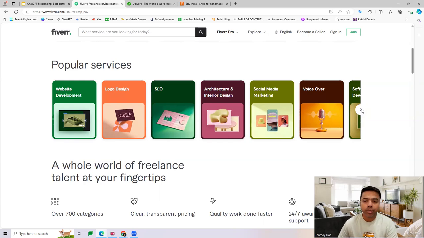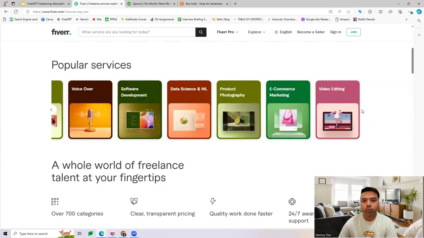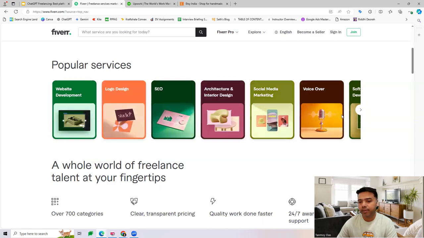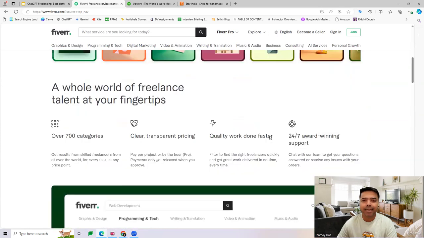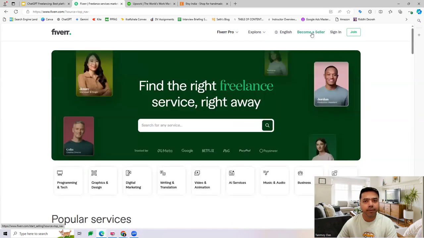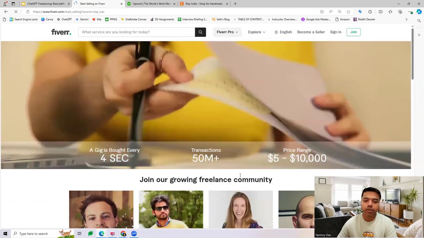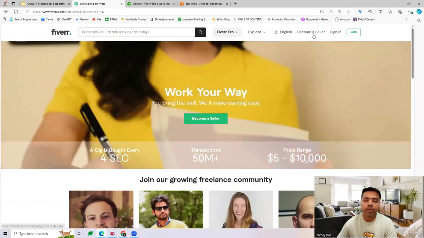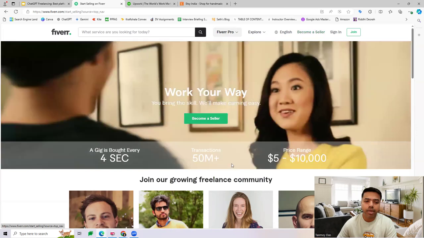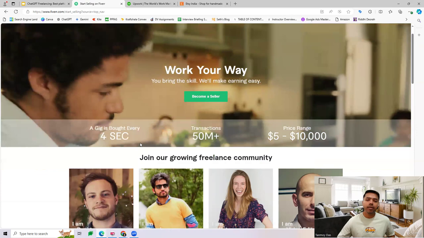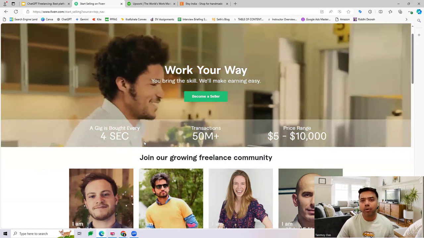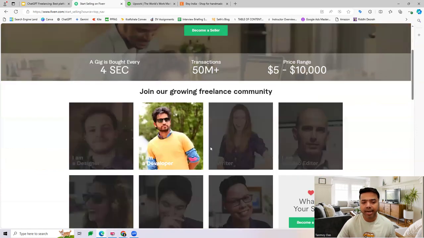So what you're supposed to do here is you create a profile or a gig over here, which explains the services which you want to provide. So you can see there are different categories and different segments in which you can provide services out here. So this is the website where we'll have to come. And what you can do is you can go to become a seller. So you're providing services, so that's why it becomes a seller. You will have a seller account, and a gig is like a profile which describes your background, your expertise, your skills. You create that over here in this manner.